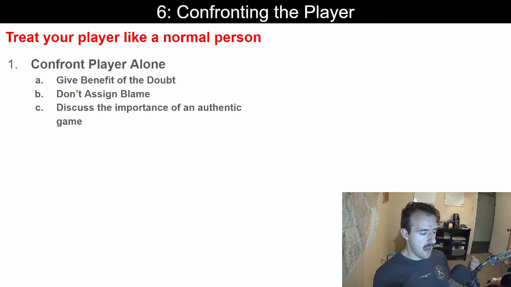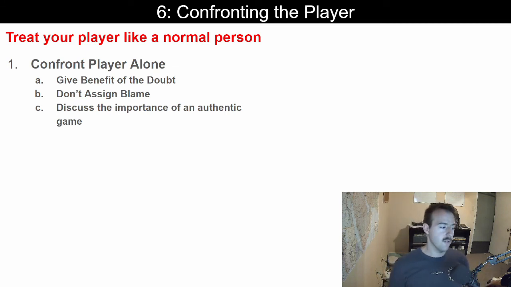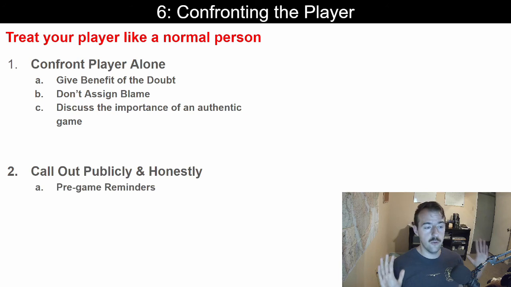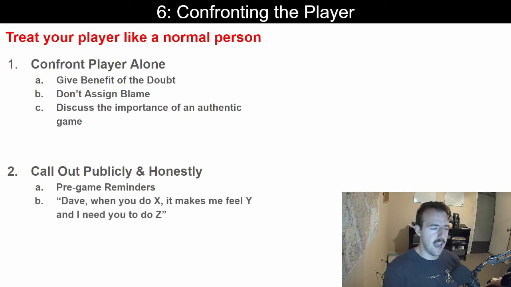Say, hey, I know everyone wants to be cool and do awesome things, but I think Dungeons & Dragons is even more fun when we let the bad rolls happen and we go down those crazy rabbit holes. And I want to experience that with you, and I want to experience that with this group. So please help me out and just keep all the rolls authentic. But if that doesn't work, you can escalate a little bit, and you can call them out publicly and honestly. I would start by doing some pre-game reminders and say, hey, everyone, I want you to read your spells real quick while I go get some water, just so everyone's knowledgeable about all their new spells and how they work. After that, if they make a mistake again in the middle of the game